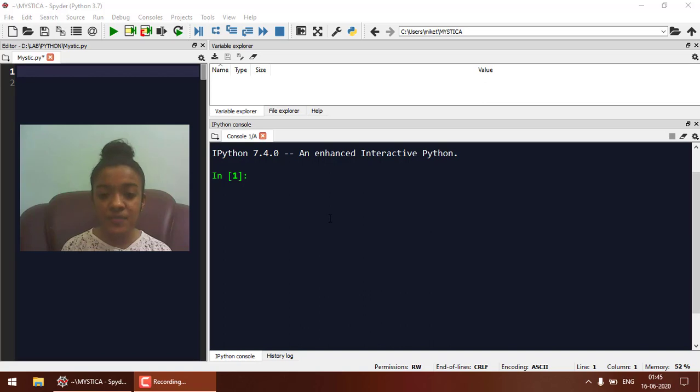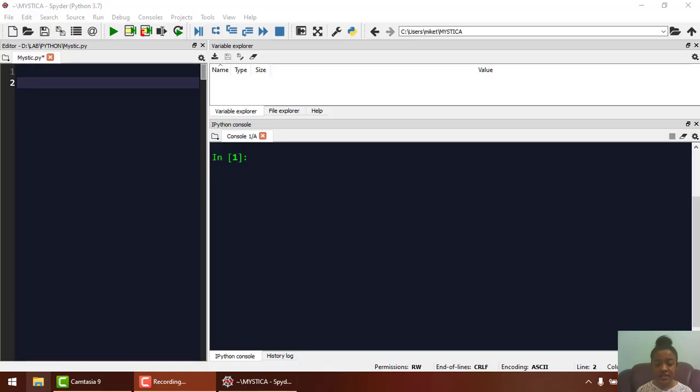There is also another special feature in this Spyder IDE. When you begin to code your Python program, and in between you get stuck somewhere and you do not know what to code next, you can press on this help button which is present on the top white pane, and when you press this help button, the Spyder IDE will provide you help in order to complete your entire program. And guys, there are also so many other features available in the Spyder IDE, and you will get to know them when you begin your coding.